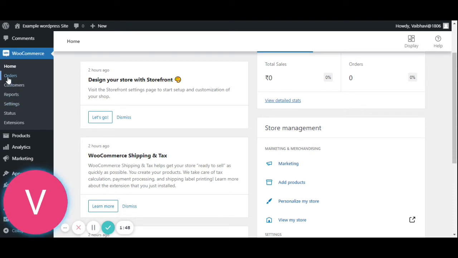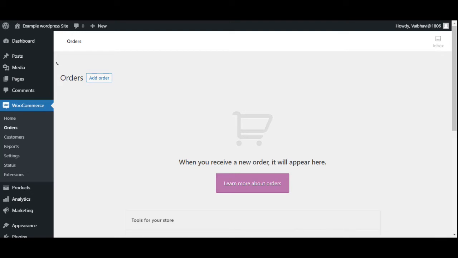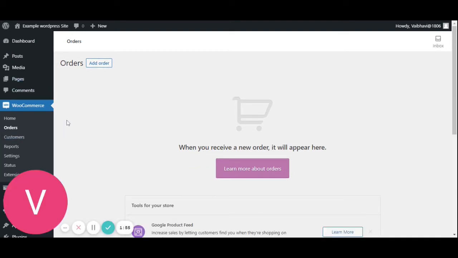So first we are going to the orders tab. So here you will have all the orders which are done on your website. So once someone purchases something from your website, those orders will be available in this tab. Then you have the customers option.